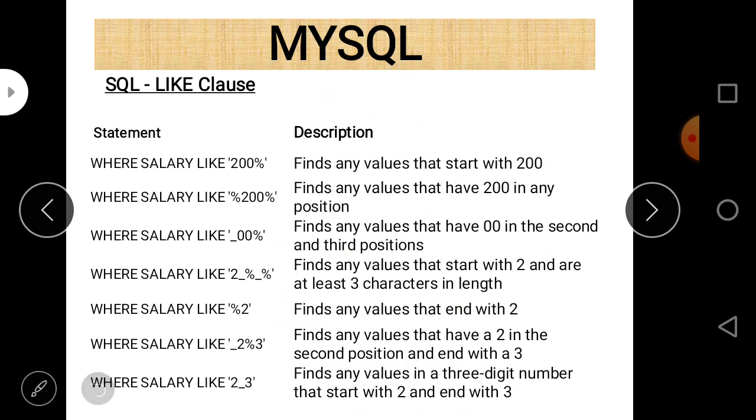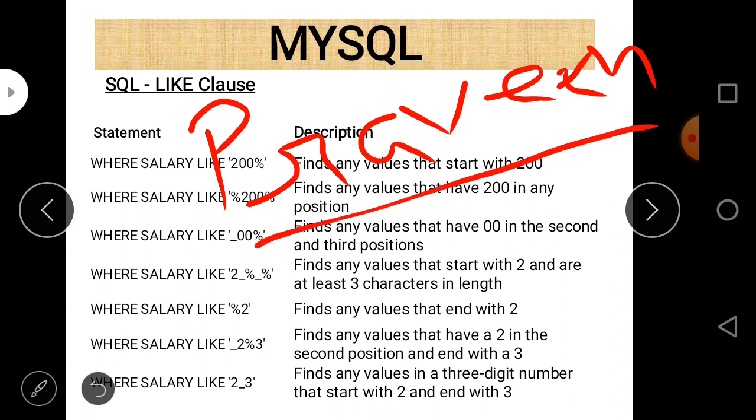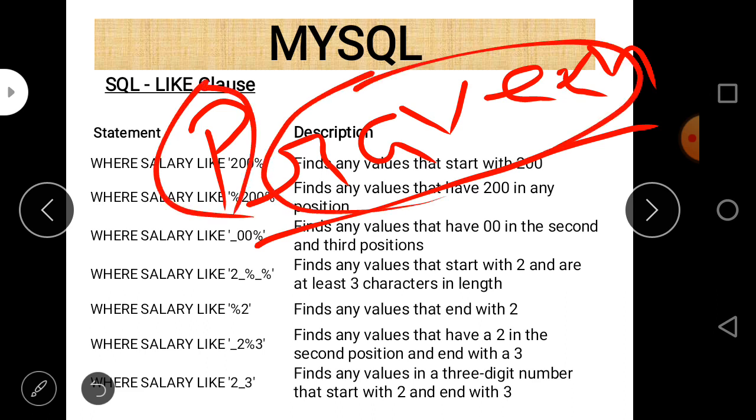For example, suppose there is a string, and I only know this part and don't know about this part. Then if we want to give a query with a SELECT statement using LIKE, we can write it as '_RAVEEN'.